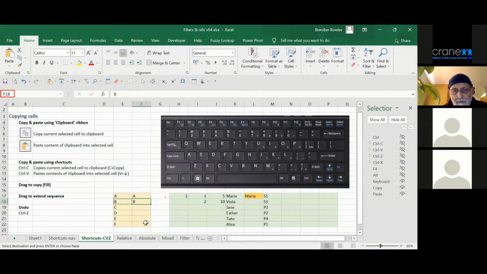Easy. Let's use Ctrl Z to undo both of those. Press Ctrl Z, press Ctrl Z, and I've got back to where I was to start with. But what if we wanted to do all that in one go? We can select the A, B, C, D, E, F and copy that